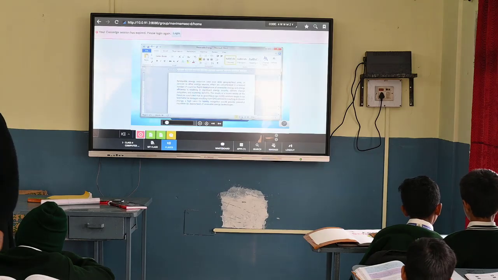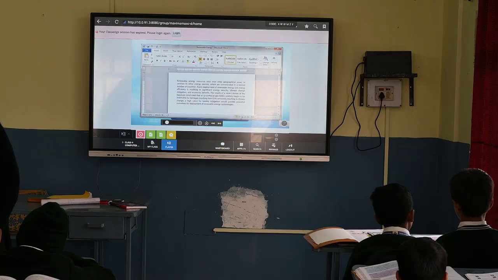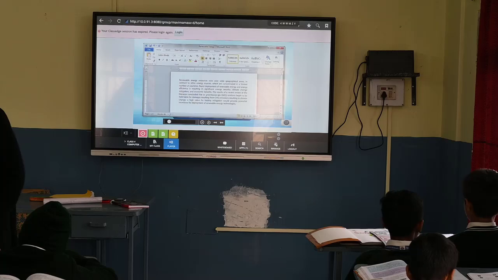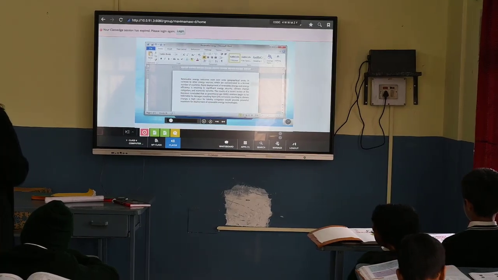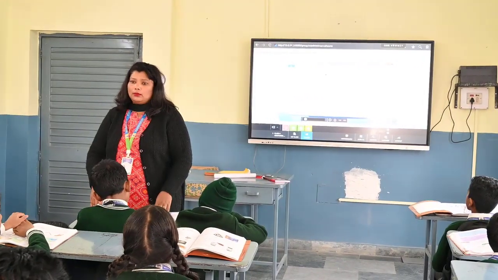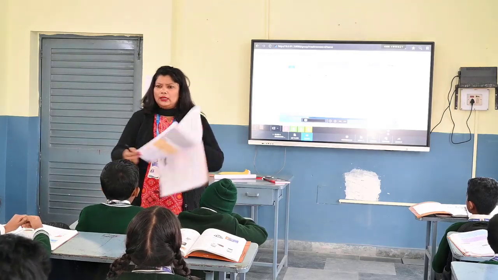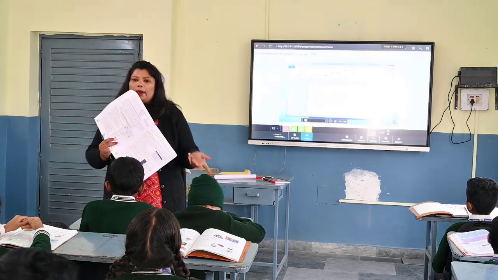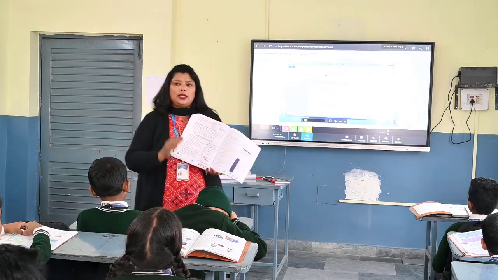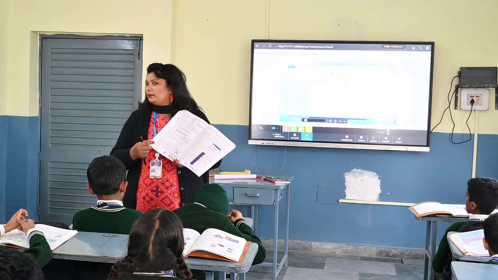And the last one in your book is printing. What was the shortcut key for the print? Ma'am, control plus P. Control plus P. Then the print option will open, isn't it? Now suppose you have 10 pages. How will you print? Back to back you have to do. Isn't it? Yes, ma'am. Single you can do 10 pages. But suppose you have only 5 pages and you have to take out the printout. What will you do? Back to back, na? Yes, ma'am. How will you do? Ma'am, one page to another.